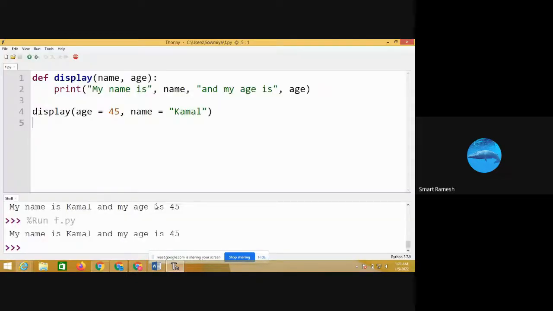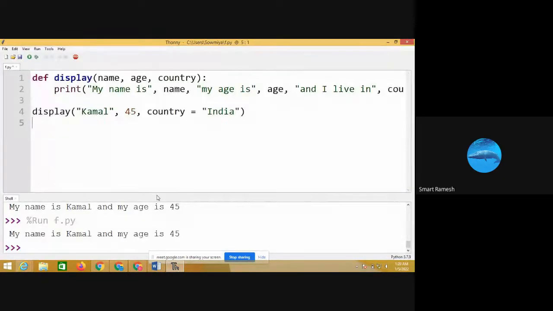Next one, mix the positional and keyword arguments. Here, what is the rule? Keyword arguments must follow the positional arguments. Here, see, Kamal and 45 are the positional arguments.